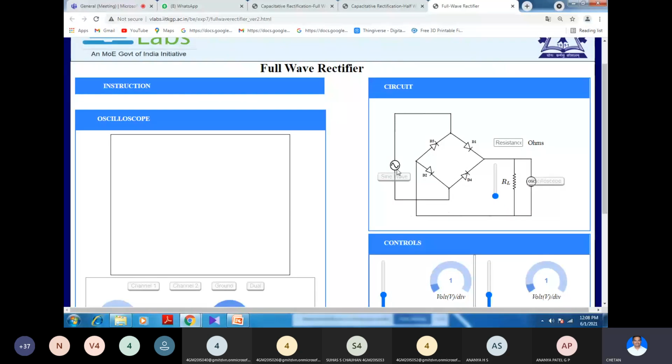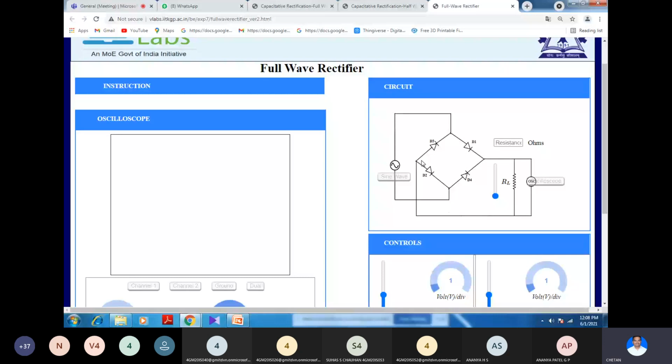And here the diodes are there. Four diodes are there. Here the naming is slightly different. This is named as D1, this is D2, this is D3, and this is D4, and this is the load resistance. In place of connecting load resistance here, they have taken an extra wire and connected the load resistance RL. This is the same as our circuit.